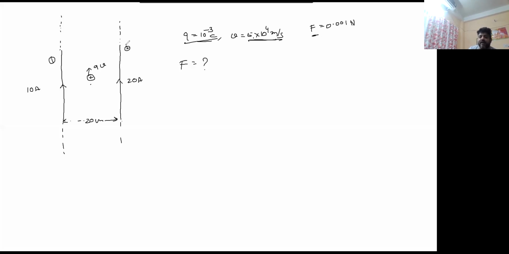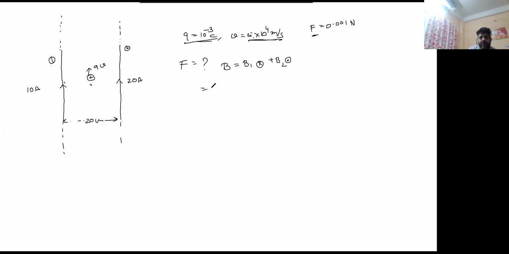We can suppose two wires 1 and 2. Let it be 1 and 2. So at the center, we have to first find out the magnetic field. So let this be the first wire and let this be the second wire. We know very well from the right hand curl rule, for the first wire, magnetic field is into the page, and for the second wire, magnetic field is what, into the page or out of the page? Out of the page. ठीक है? I think all of you remember राइट हैंड कर्ल रूल, ऐसे और ऐसे, है ना।